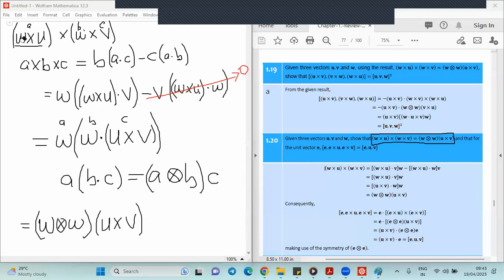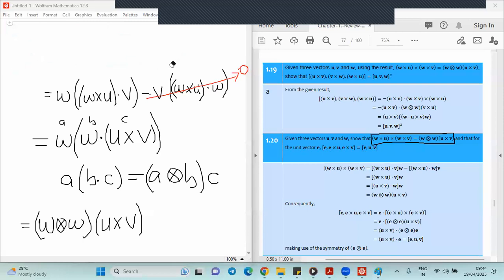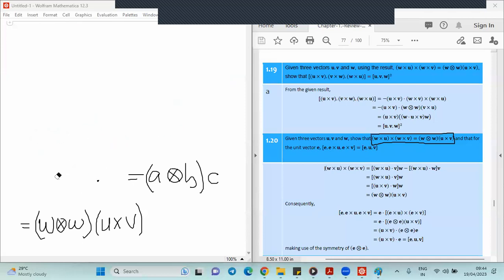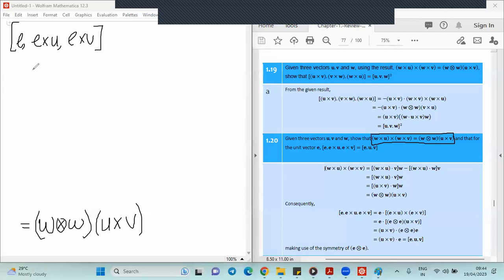So we have found this, that W cross U cross W cross V is equal to that. Now, let's see how the triple product of all of this that we have here is equal to the triple product of E, U, and V. So let's work toward that. Let me just erase all these. I'm not going to erase the final thing. So we have triple products of E, E cross U, and E cross V. Easy as that. This is E dot E cross U